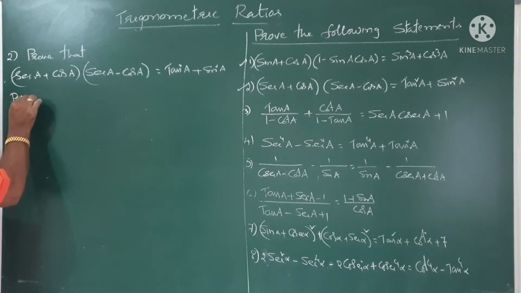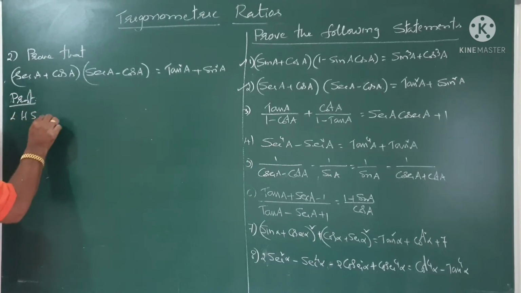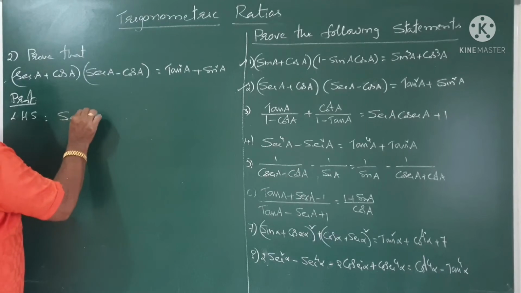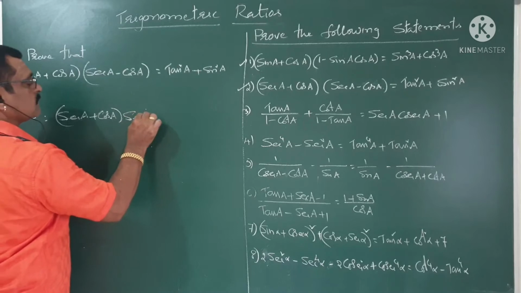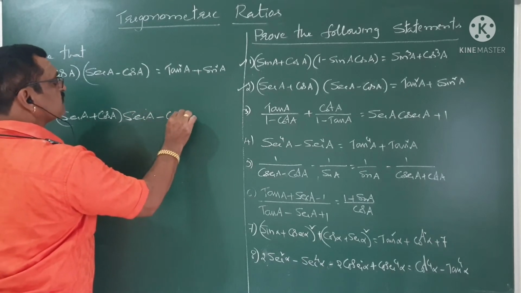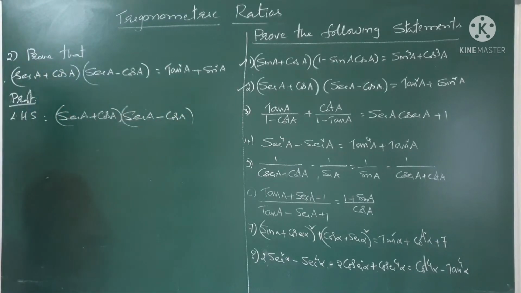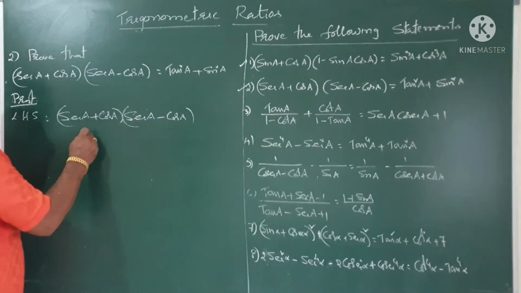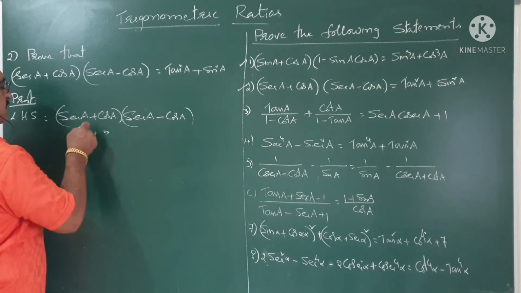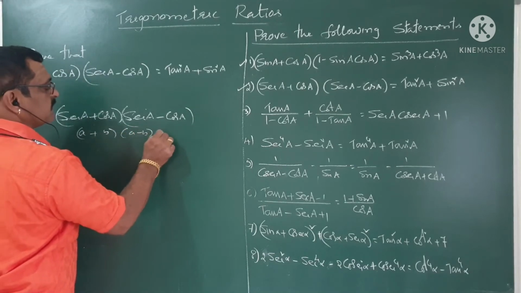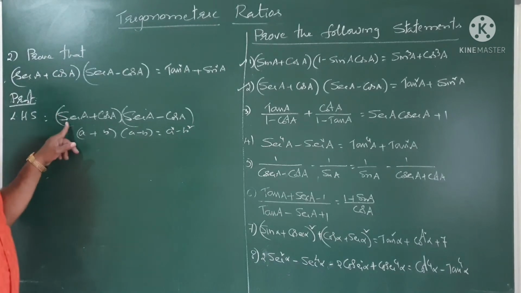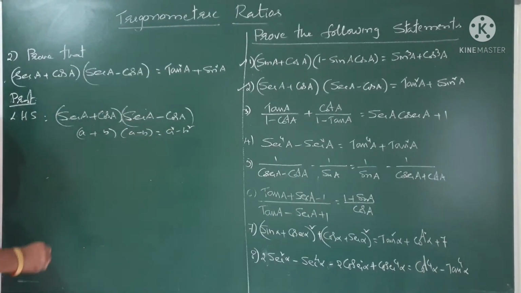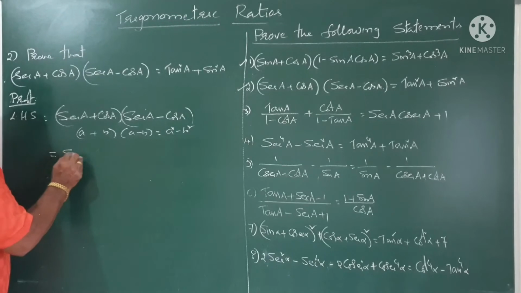Proof. Left hand side is secant A plus cos A times secant A minus cos A. Now, here I can apply the identity A plus B times A minus B is equal to A square minus B square. Here my A is equal to secant A and B is equal to cos A. Therefore, I get